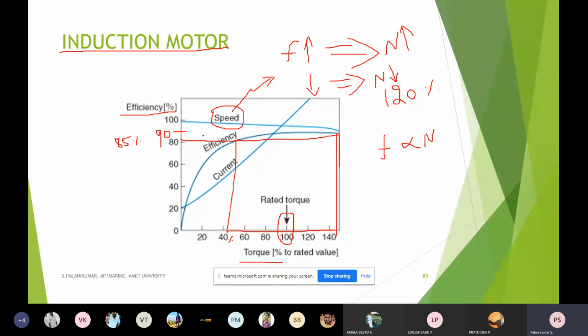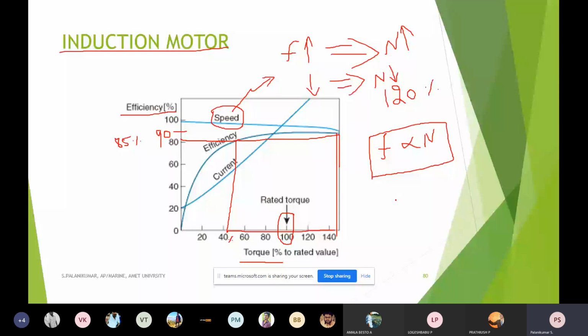Why this is possible irrespective of the torque: from 20 percent to 100 and 120 percent load, there is only a slight variation in speed. So I need not worry about the load side. If I'm controlling the frequency, whether it is fully loaded, half loaded, or more than 100 percent loaded, say 120 percent, which is the maximum limit of any electrical motor, the speed can be maintained. This is a very big advantage of the induction motor. These are the characteristics of the induction motor.